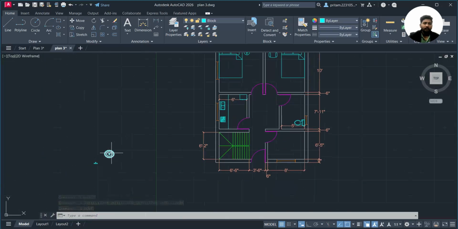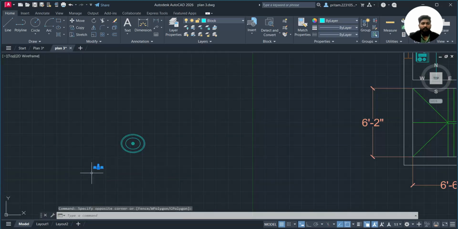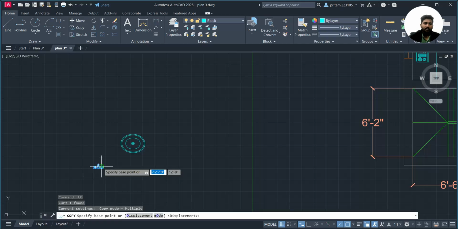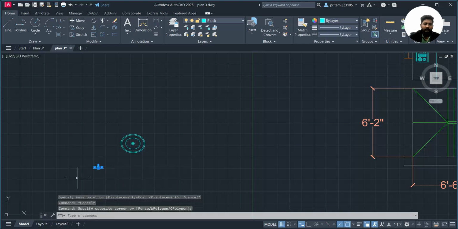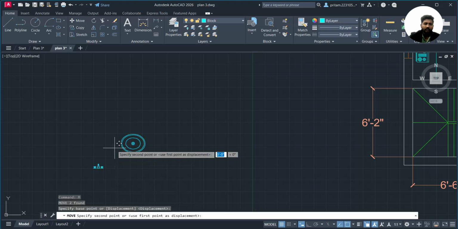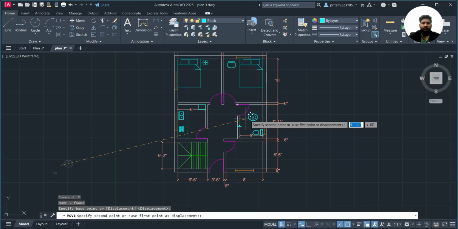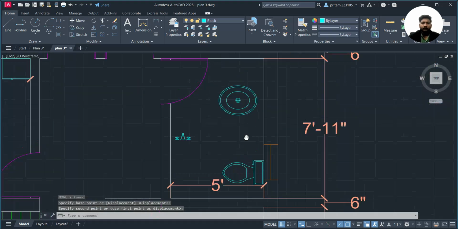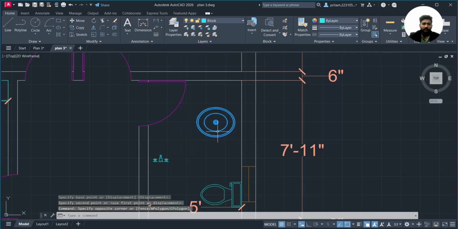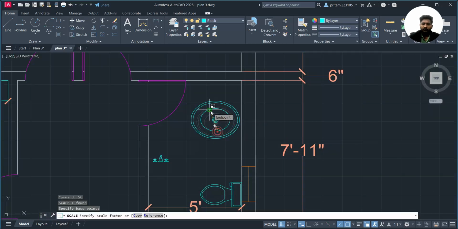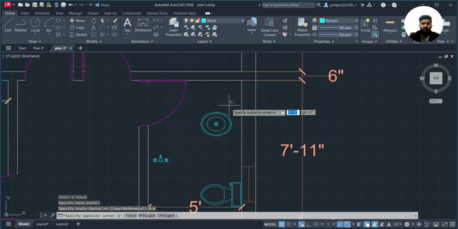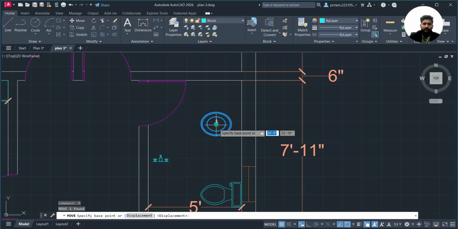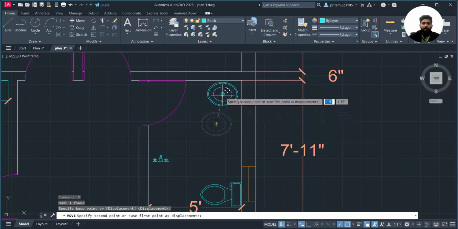Then after we have to provide the shower part, because it is the just select it, select both of this sink and the shower, press M, enter. We will move this to this part here. Then we have to just select this sink, SC, and specify the base point. Here we have to choose here as the 0.8 of its total size. Here we have to choose move, and put this